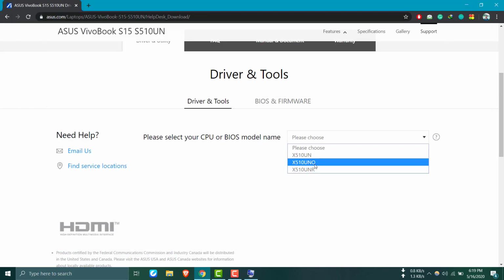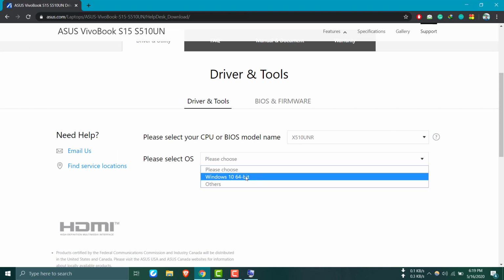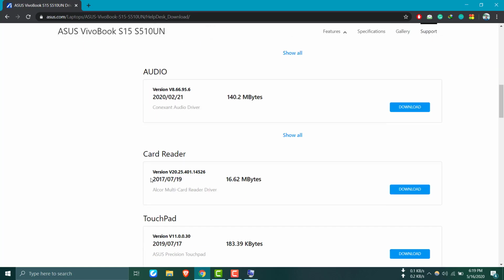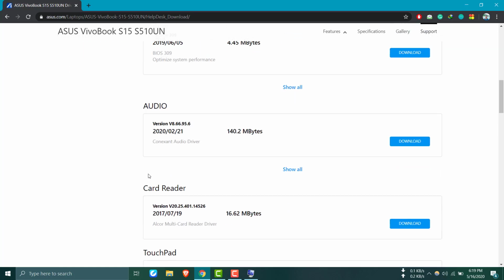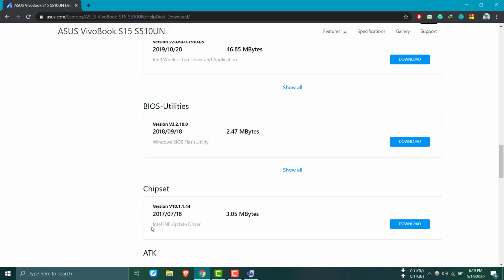So select yours, and next you have to enter your OS. Mine is Windows 10, so select that one. It loads various drivers: VGA, BIOS, audio, card reader and everything.